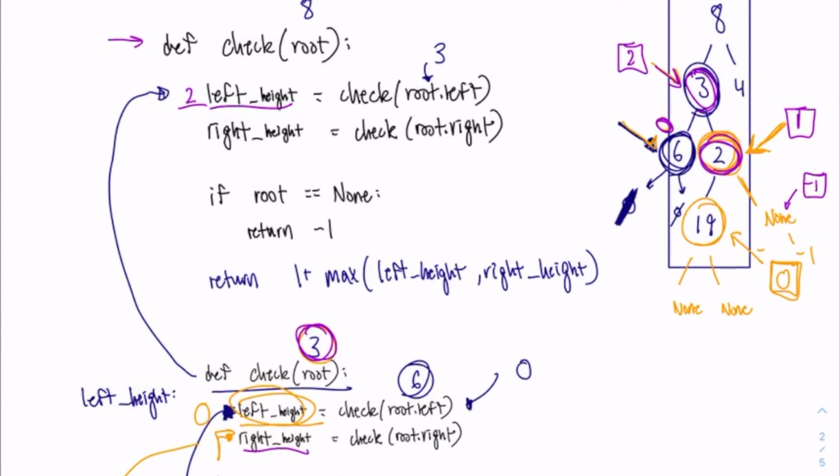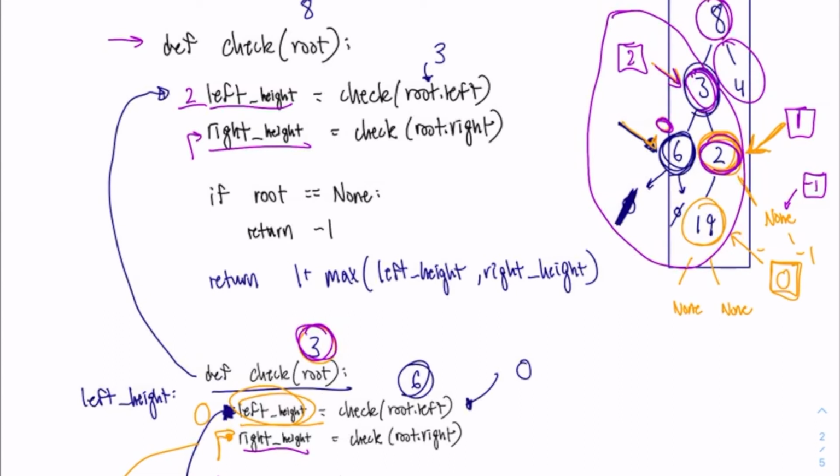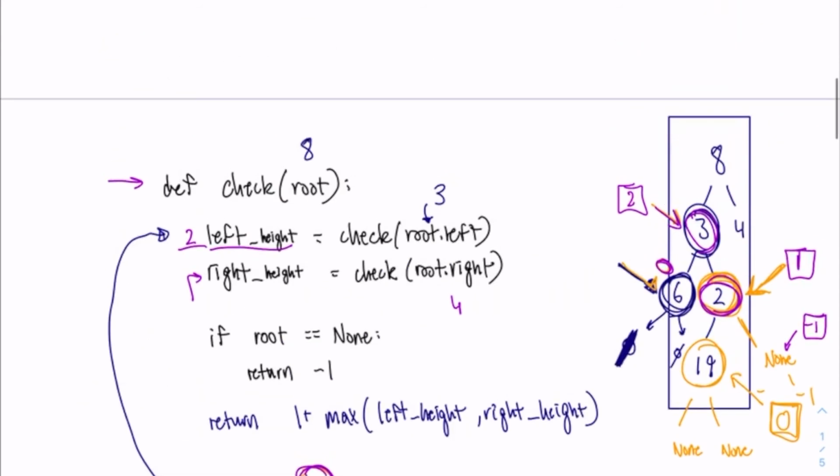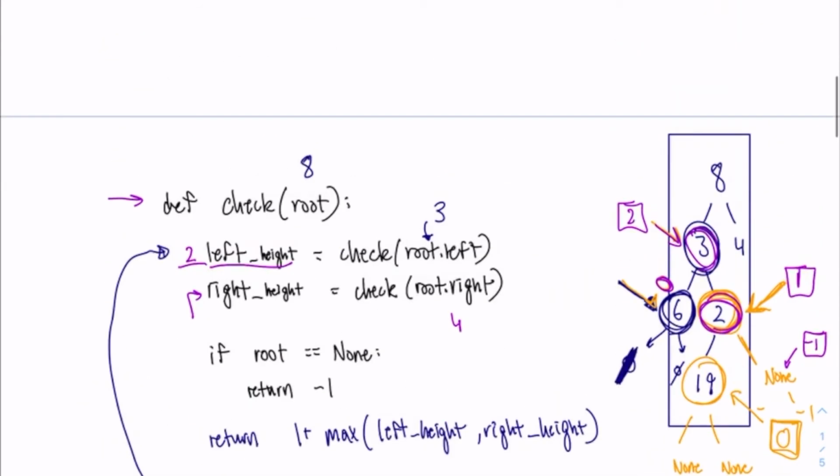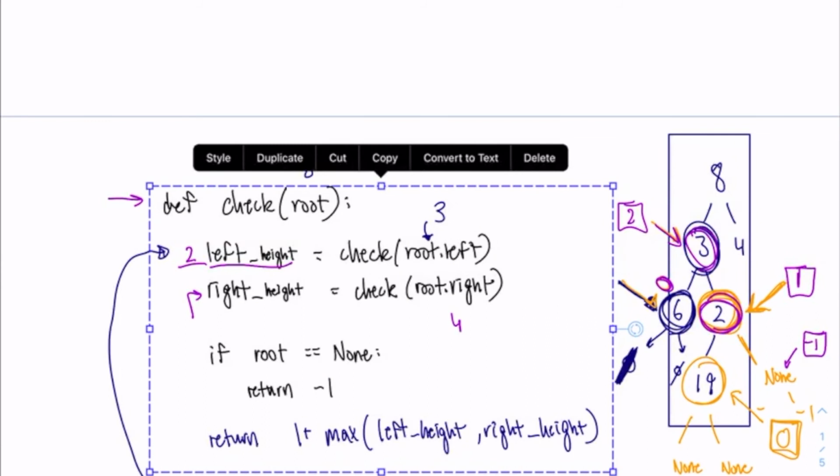Now we can go to right height, and notice that at this point we've finished the left subtree, and since this is a post-order traversal, we're now going to go to the right of the root, which is going to be right height, and finally we're going to visit 8 last. So let's go through that right now. So right height equals root.right equals 4, and let me copy and paste this above because we have more room,